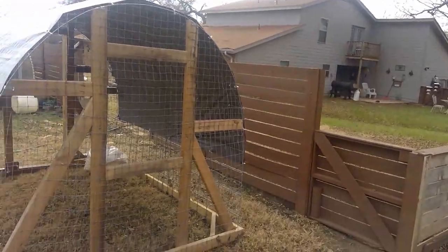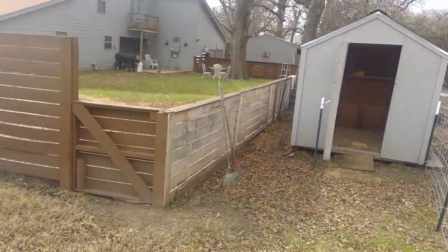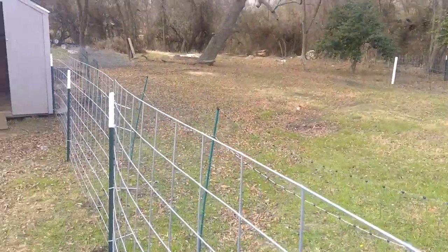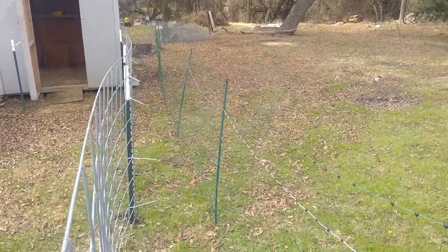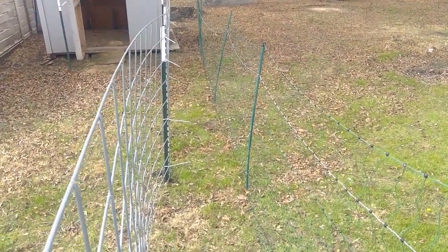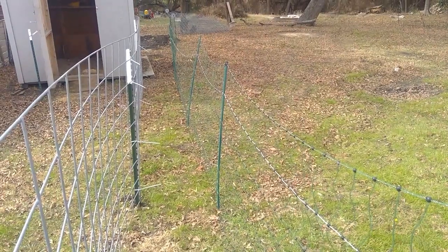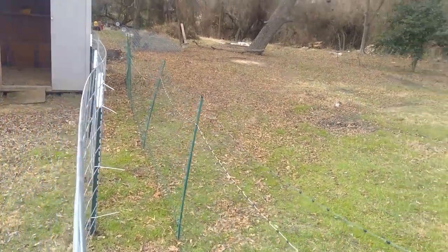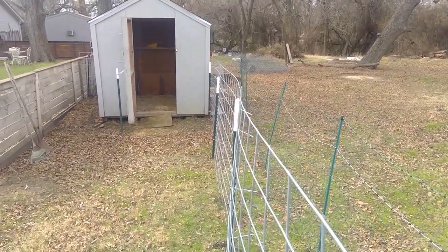Now I was sitting back in the back and I drug it up here. And then I brought this fence up and I put in this cattle panel. And then between that cattle panel, a couple feet or 2 or 3 feet, I put that electric fence up. So hopefully when I move them in here, I'll be running the fence during the day,